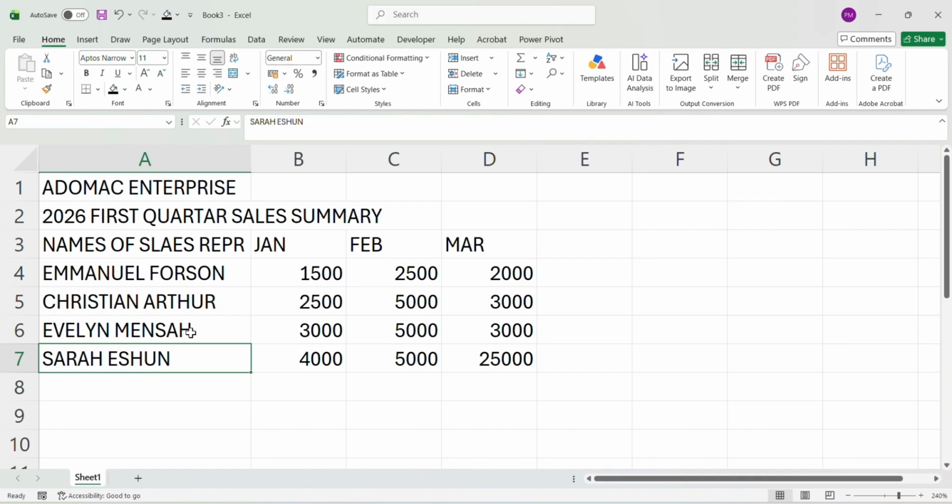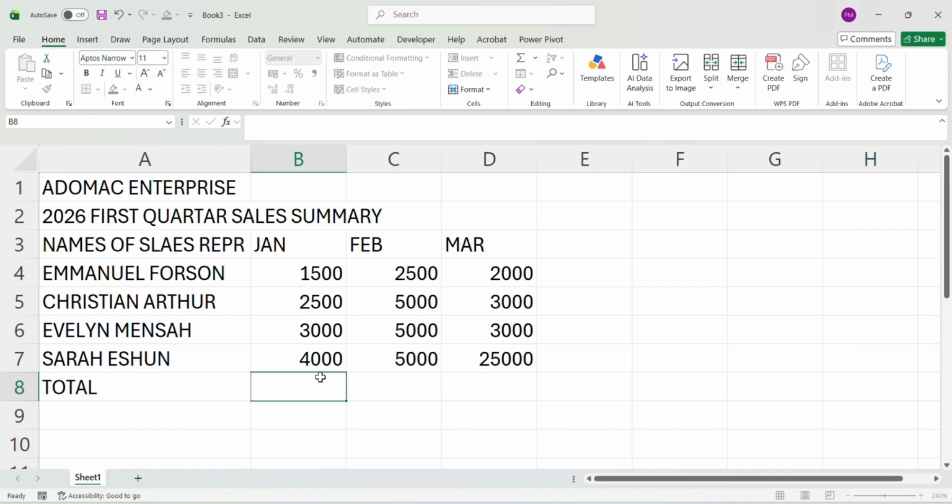Now, this is our sales summary for the first quarter of 2026. So let's apply some basic formatting to it. Let's say we want to create the total column here. So let's type total. Once again, let's perform some basic summation function. You want to know the totals for the month of January. One way is to select the cell that you want to put the total figure in, and then click on